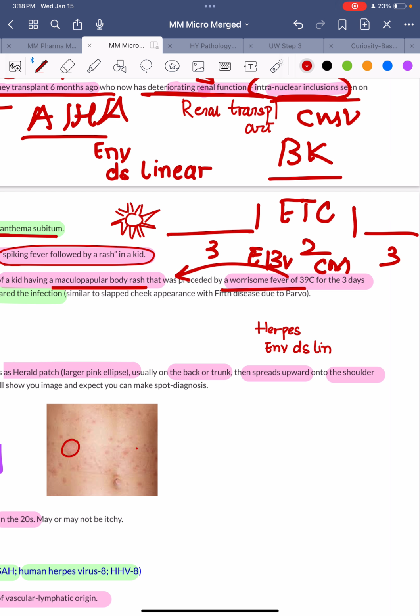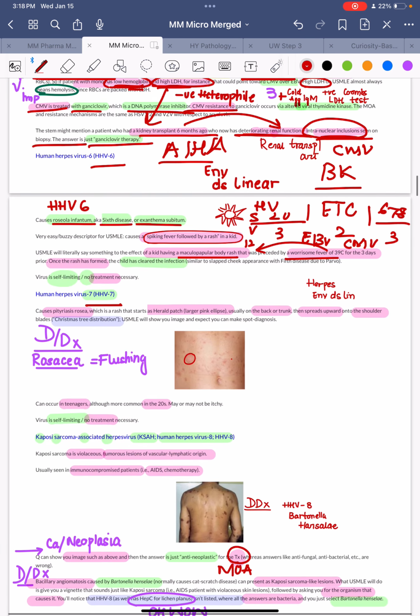And the middle ones I like to remember along with HV, right? What is HV? It is HSV 1 and 2, and then VZV, and then we have 6, 7, 8, which we will study right now. So okay, let's go through the 6, 7 and 8, what they do and how we are going to diagnose